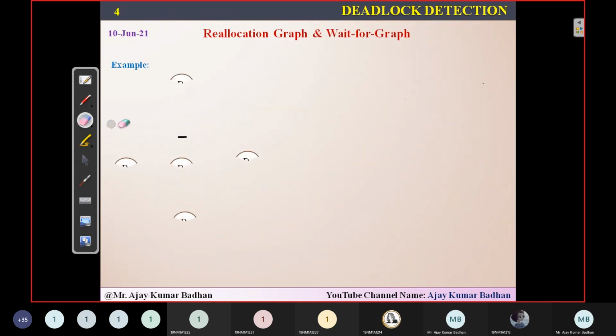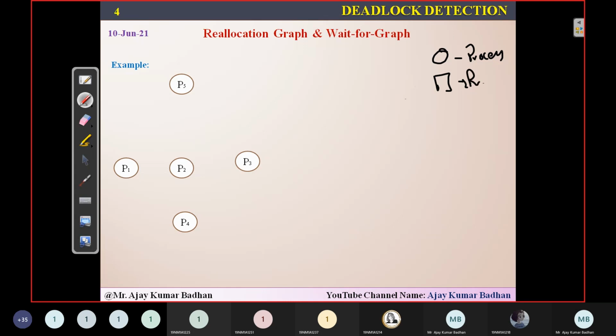Yeah, well, I'll go to the next note so that I can explain it perfectly. Now, you know that in the previous session or the previous videos, you might have seen how the resource allocation graphs are represented. Circles are used for representing processes, right? And squares are used for representing resources.